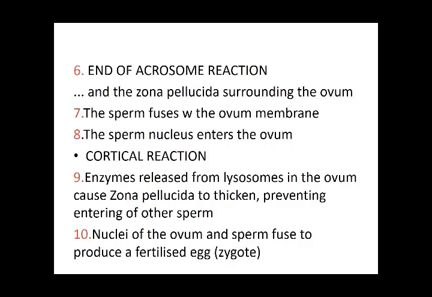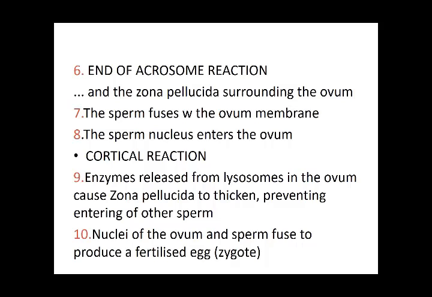These released from the lysosomes in the ovum cause the zona pellucida to thicken, preventing the entry of another sperm. That is, polyspermy is prevented. This release of the secretions is called the cortical reaction. Nuclei of the ovum and sperm fuse to produce,